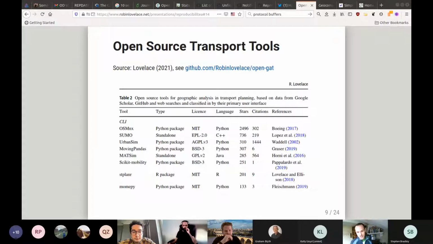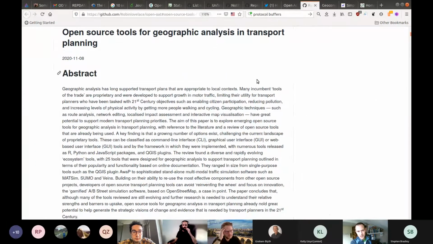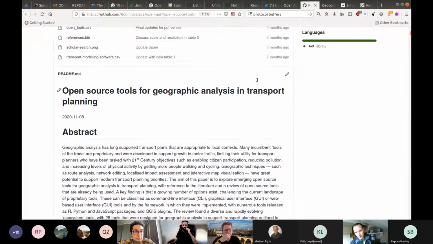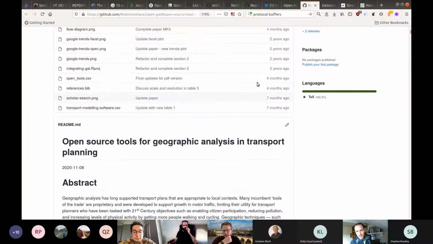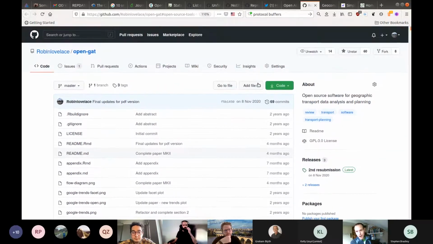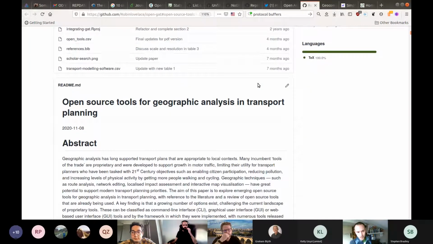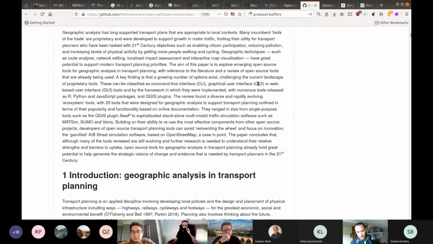And it's really exciting to watch all of these tools emerge. Some of them are quite new, some of them are quite radically different from the previous tools. So I think it's a really exciting time to be doing research in this area. Another thing about the paper itself is that it was part of a special edition about open source software for geographic analysis, and partly to make the point about